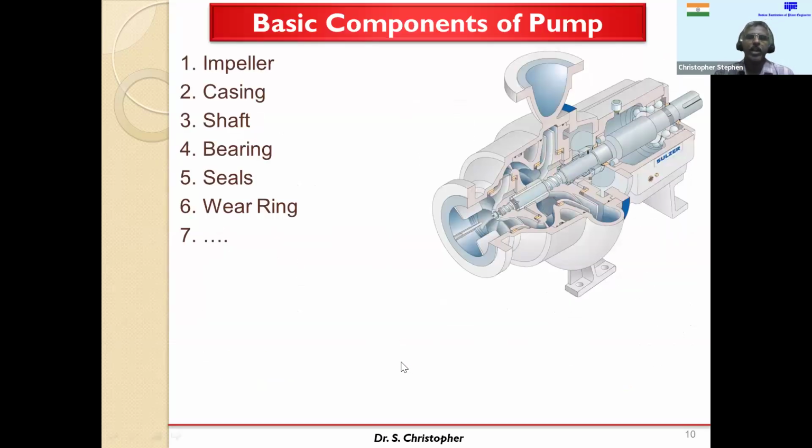Okay, now we'll move on to the basic components which are there in the pump. As we all know, the impeller is the main heart, and then casing, shaft, bearing, seal, wear ring, and then many nuts and bolts, many keys and many other components will be there. So I want the audience to tell: can you tell any critical component in the pump? Any one critical component